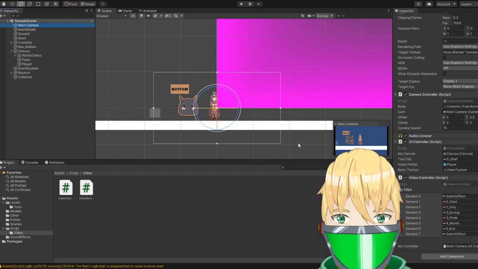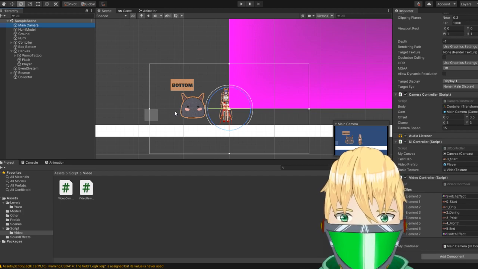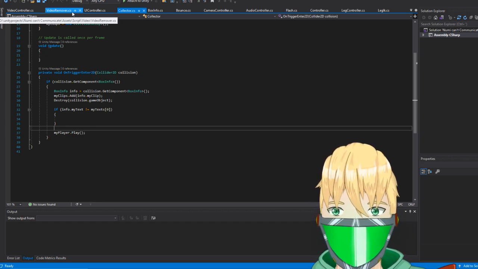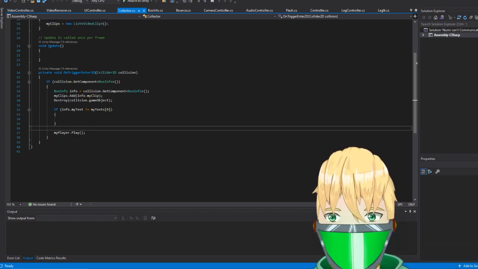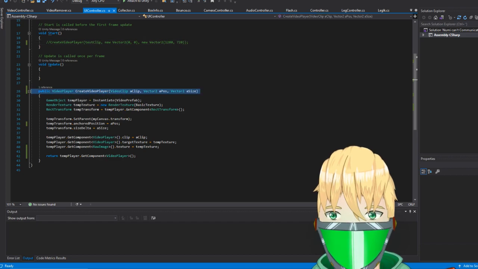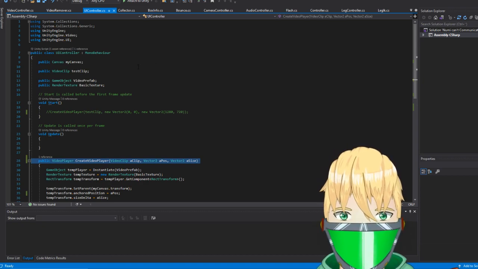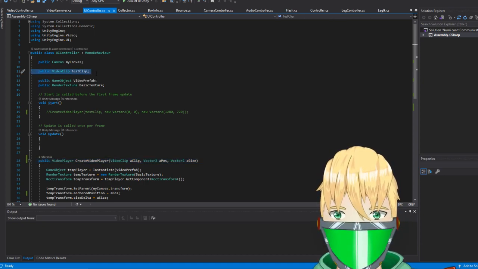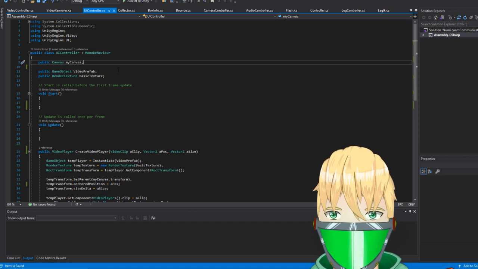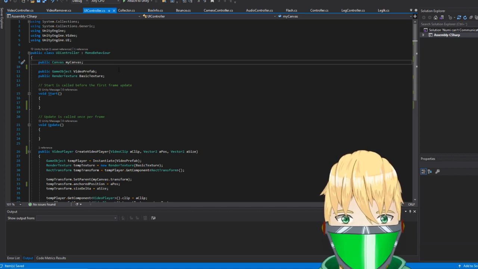But right now, the main focus is, I think, just completing the UI controller. So what I want is a way to set if an animation should play before. So in the UI controller, we should have a different version of the create video player. First of all, this can be removed, we don't need that. This here can be removed. We pretty much need a list with all the animations, I guess.